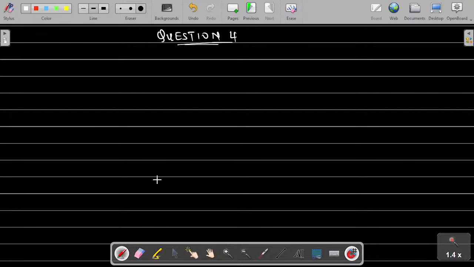All right, so we begin immediately. Question 4 begins with 4a, and it says determine whether v1,